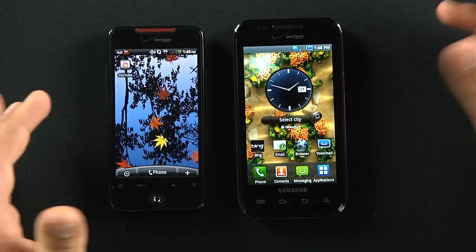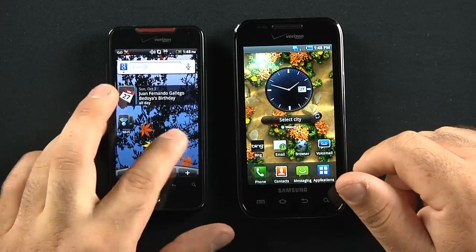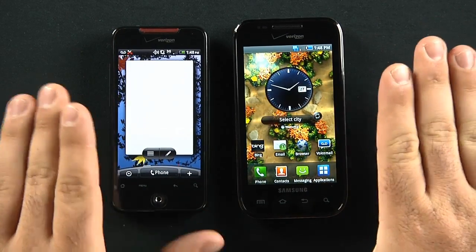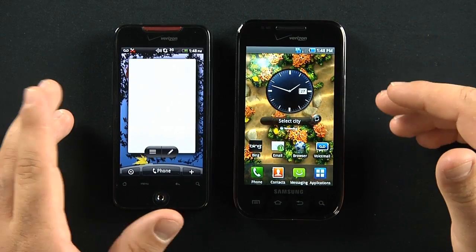Both support Wi-Fi B, G and N signals, so that's always a plus. Speaker quality is roughly the same. Call quality on here was great. I never had a dropped call, never had an issue with any of the call qualities. Also, another thing I really enjoyed, we have the